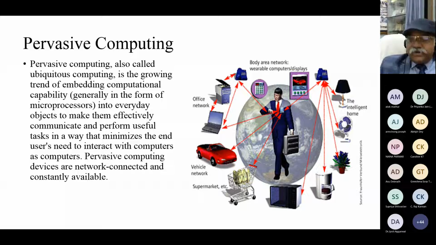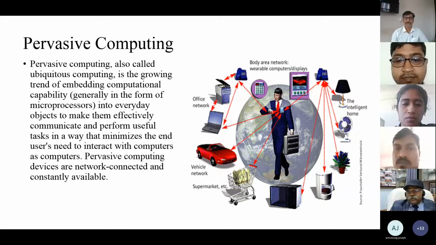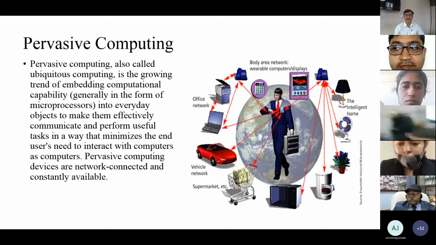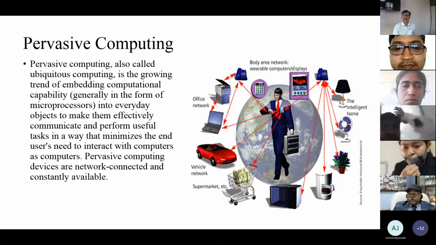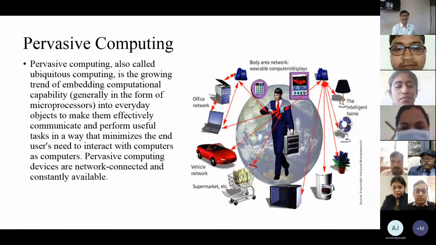So if you have a table, a paperweight, a tiffin, whatever tie, shirt, coat, trouser or blazer you are wearing, then shoes, everything, watch, specs, hat. Now I have worn it because of some reason. So you have a hat, sometimes you are wearing, or a cap you are wearing. Whatever you use around you, all those come under objects. So embedding computational capability into any object surrounding you